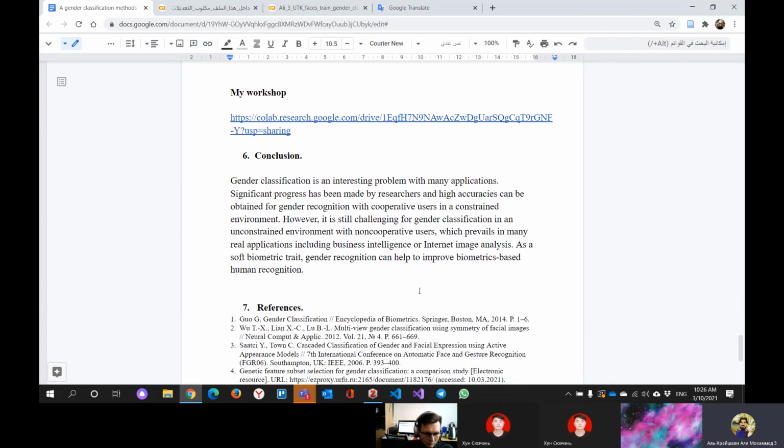Okay, and now this is my workshop. Collocation: gender classification is an interesting problem with many applications. Significant progress has been made by research, and high accuracy can be obtained for gender recognition with cooperative users in a constrained environment. However, it is still challenging